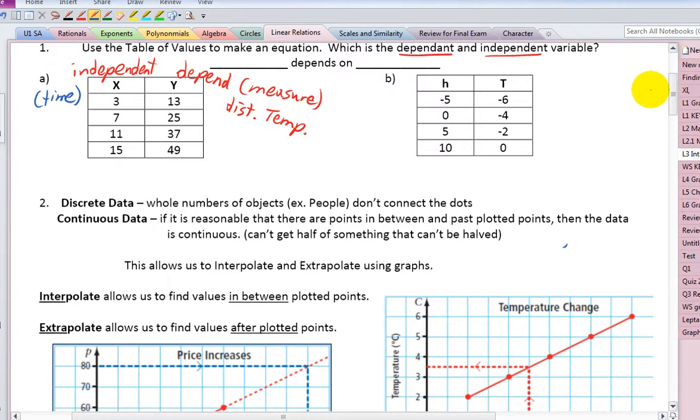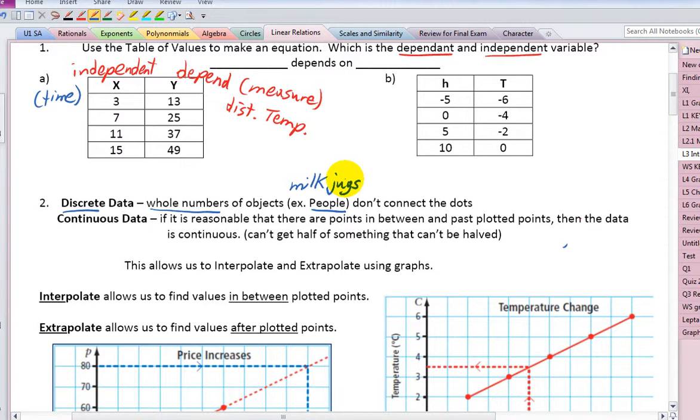Then we talk about data. What kind of information do those numbers represent? If it's discrete, that means we're talking about whole numbers. Example, people. Example, milk jugs. When you walk into Superstore, you can buy 1 gallon milk, 2 gallons of milk, 3 gallons,